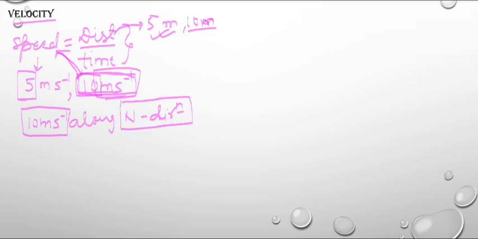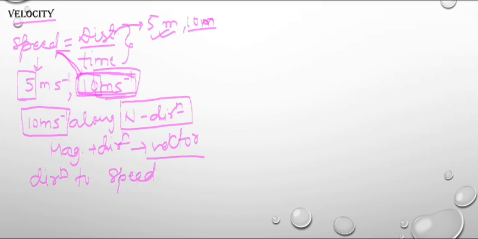When any quantity has magnitude as well as direction, then we say that the quantity is a vector quantity. Clear? And here, when we give direction to speed,